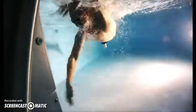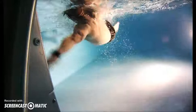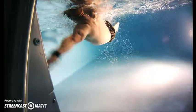So you've definitely got massive good points to your stroke. Lovely exhaling under the water, really good. And there's definitely things you can tighten up. So what I'm going to do is I'm